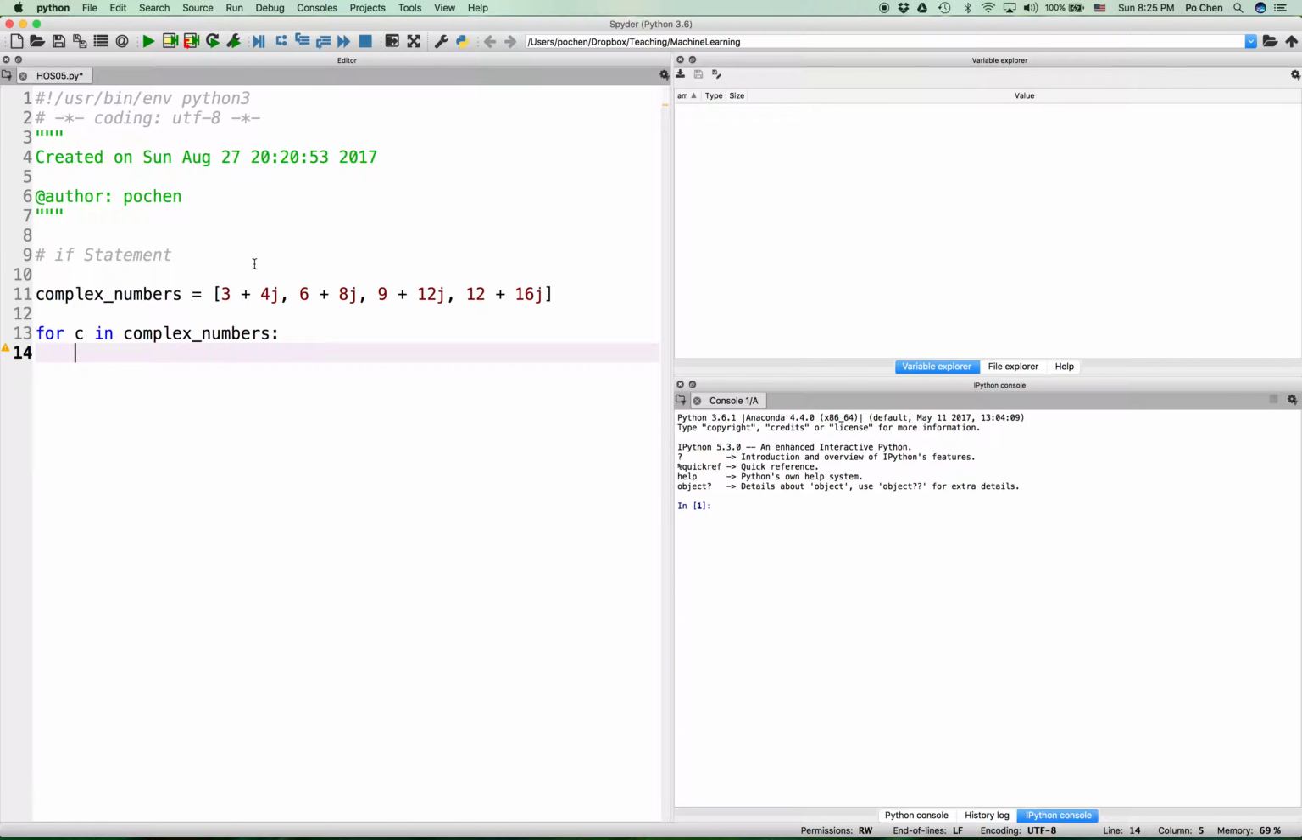And when we come to the element 9 plus 12j, we will compute and print out its absolute value. And for every other complex number, for every other element inside of this list, we will not take any actions, right? So let's write if c